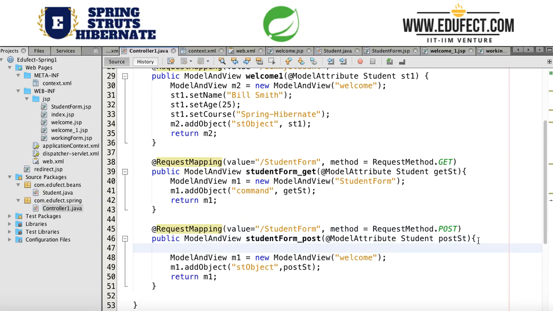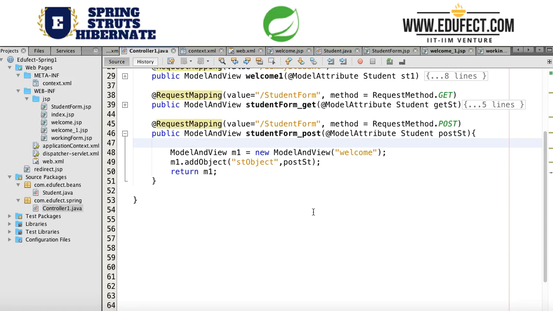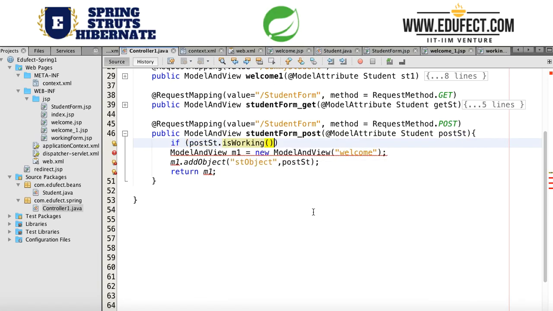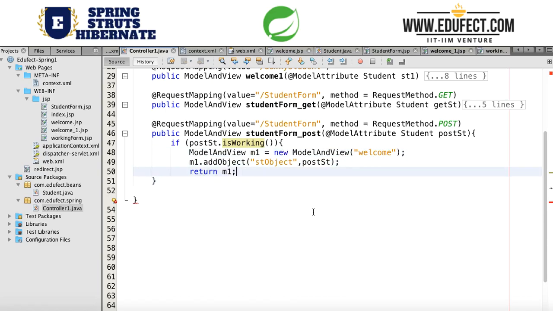So in the controller, once the post comes in, what should we do? Depending upon the value of working, we will need to do different stuff. So let's say if post st, that's the object we are getting from the form, dot is working. So now if post st dot is working, which means if this student is working, we will need to display our view, which will be welcome_1,